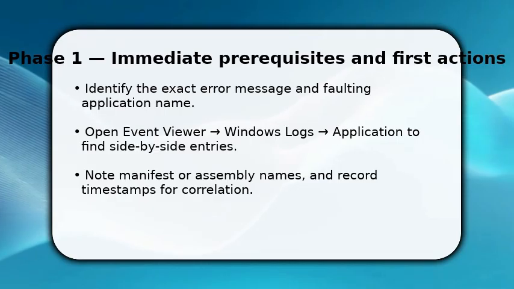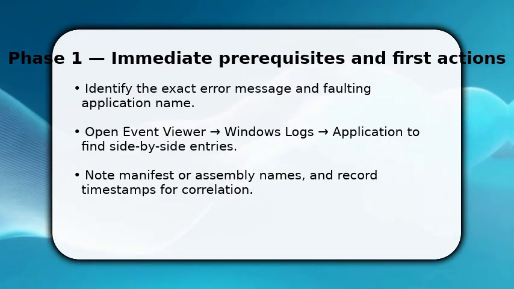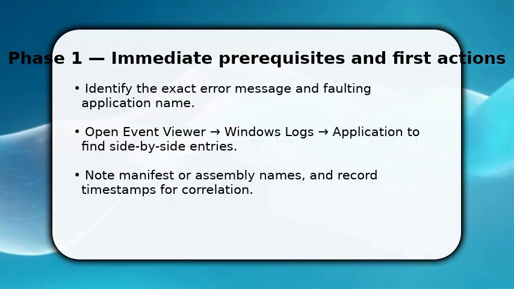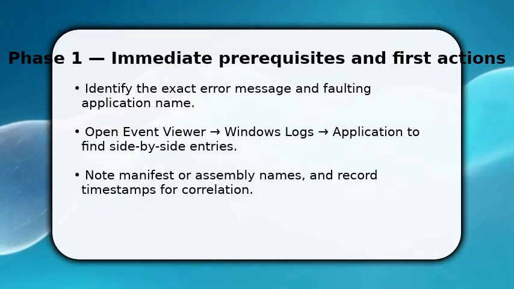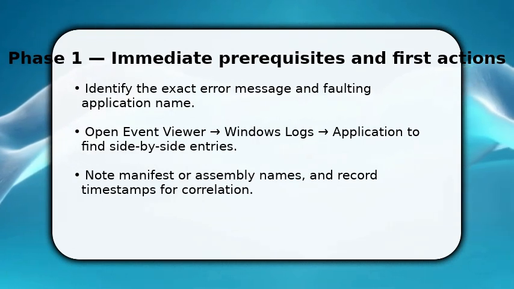You begin by confirming the problem. Check the side-by-side error text so you know which application and assembly failed. Open Event Viewer and filter Windows Logs > Application to locate the side-by-side event. Note the manifest and assembly names it reports. Once done, record timestamps to match installs or updates, and make sure to run the app with administrative rights for the next steps. This establishes exactly what dependency is missing or mismatched, so your fixes target the correct runtime or